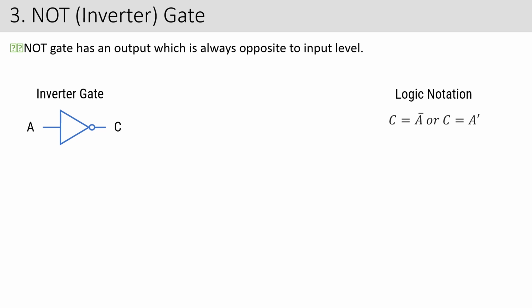Okay, suppose A is 1, then C will be A bar, with the 1 bar being 0, or C is equal to A complement. Truth table, as I said, A is 0, C is 1. Remember, it has only one input. When you talk about the NOT gate, it has only one input and one output. It's not like the AND gate or the OR gate, which were 2 input gates, but here it is not like that. So for 0 you are going to get 1 and for 1 you are going to get 0.